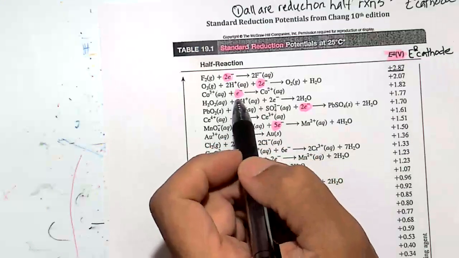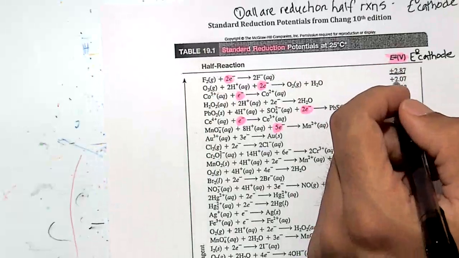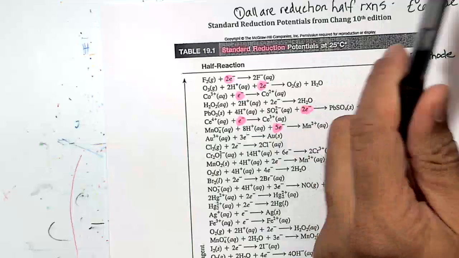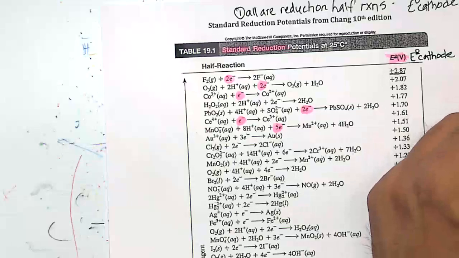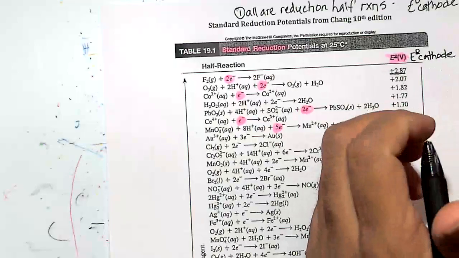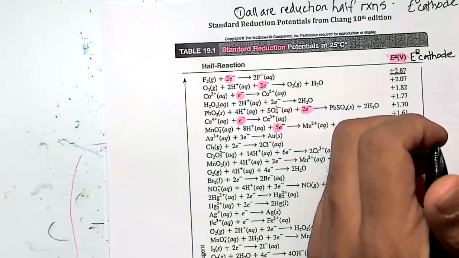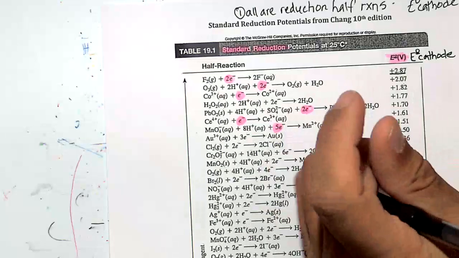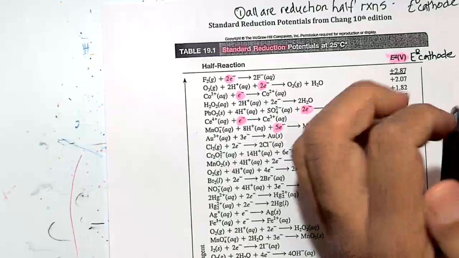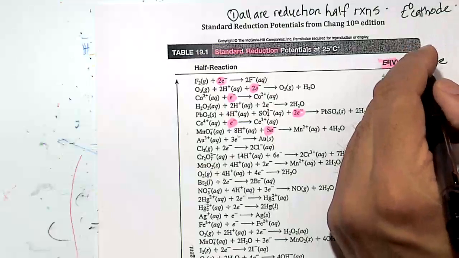What about this reaction here? F2 gas plus 2e minus goes to 2F minus, gaining 2 electrons, positive 2.87 volts. What do you think this would favor? This half reaction, products or reactants? This would definitely favor products because it's giving us positive 2.87 volts. So positive voltage is a good thing, right? Because that favors the movement forward. So that's point number 2. If you are positive, you're favoring the